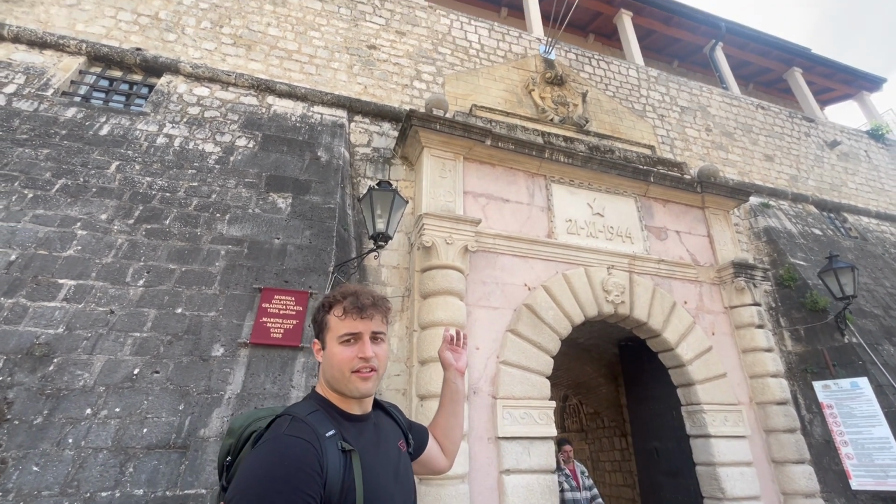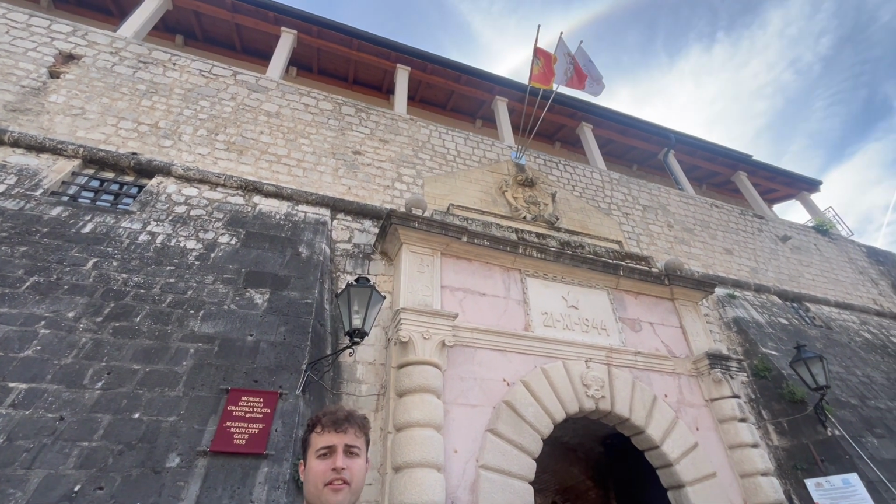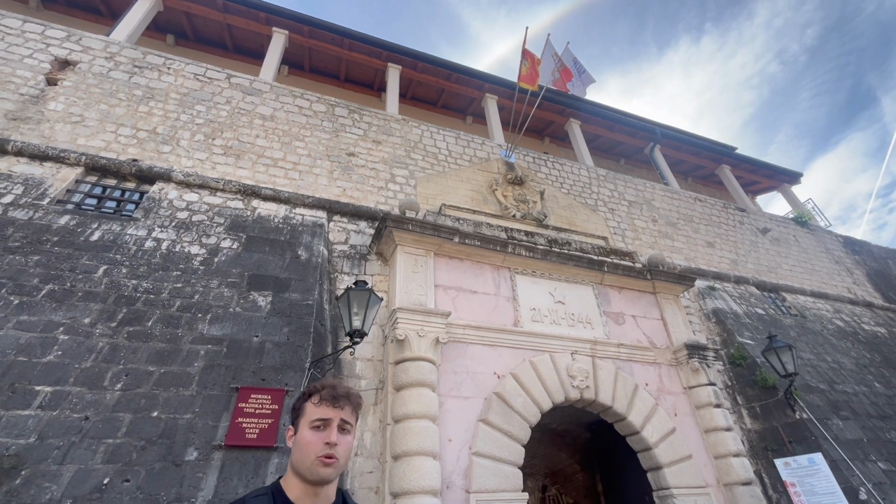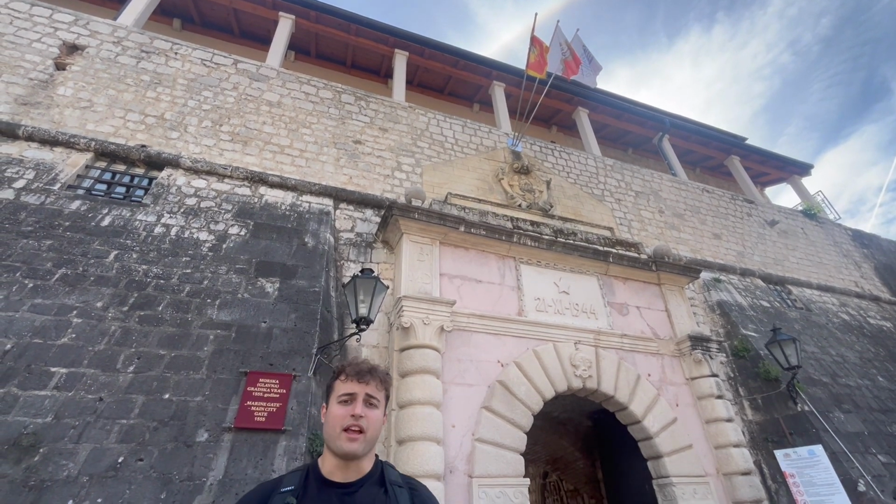So this gate is pretty cool. You can see it has 3 flags sitting above it here. The first one is the flag of Montenegro on the left. The middle one is the flag of the city of Kotor. And then the one on the right is the UNESCO flag, because the entire city of Kotor is a UNESCO World Heritage Site,